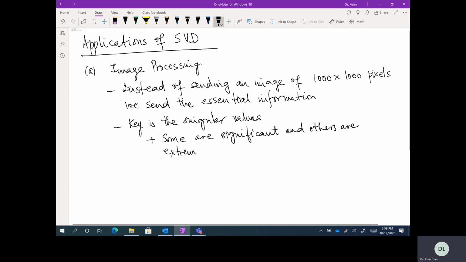That's why we order them when we write them in the sigma matrix. So if we keep 20 and throw away 980, then we send